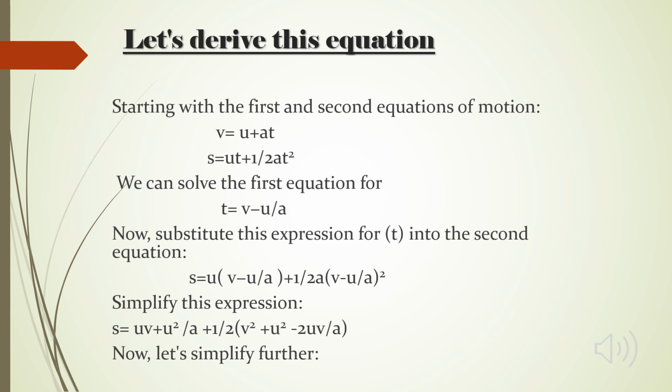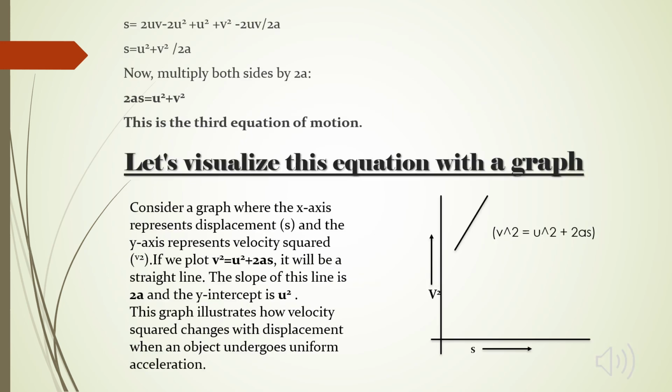Now the derivation of the third equation of motion is as follows. Starting with the first and second equations of motion, we know that v = u + at and s = ut + (1/2)at². Now we can solve the first equation for t, which is t = (v - u)/a. Now substituting this expression for t into the second equation, we get s = u(v - u)/a